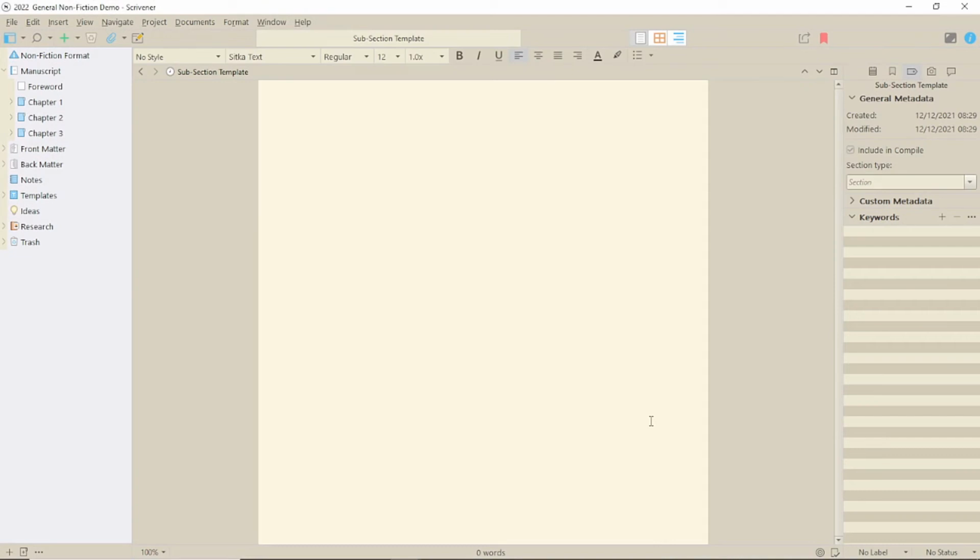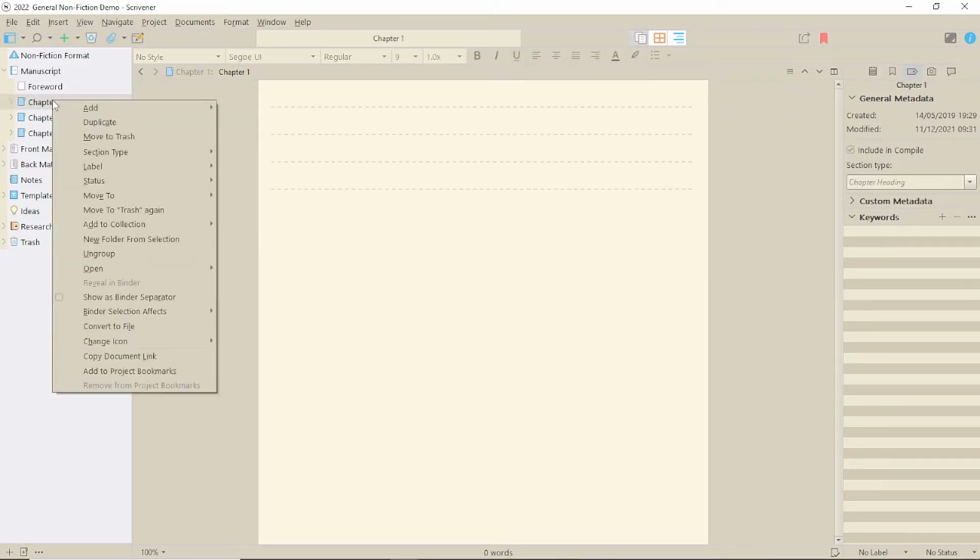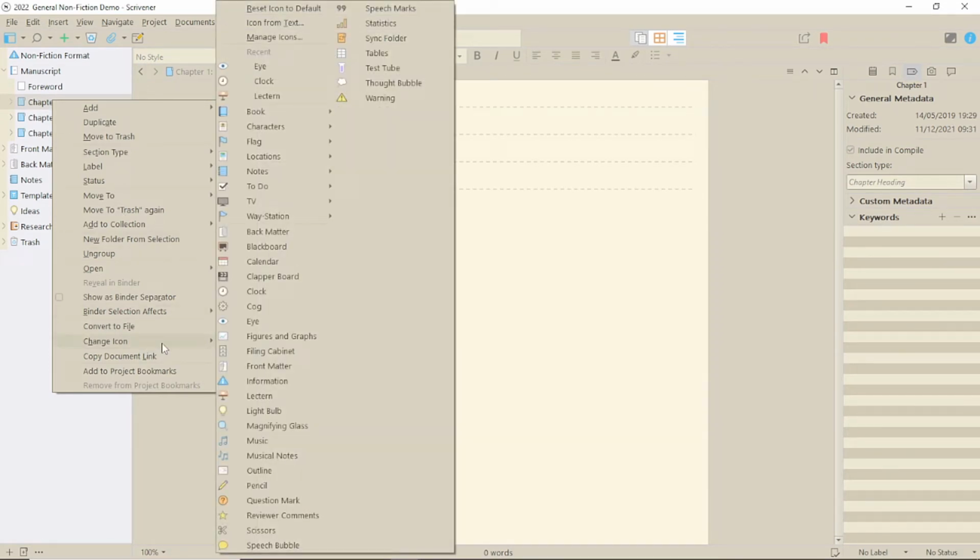When you open up a Scrivener project, some of the folders always have the non-standard folder icon. Research or resources look a specific way, as do templates and trash. And if you right-click on any folder or document and choose Change Icon, you get a whole selection of others to choose from and change.